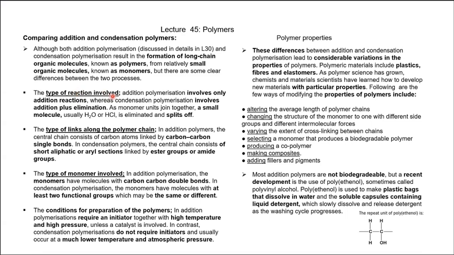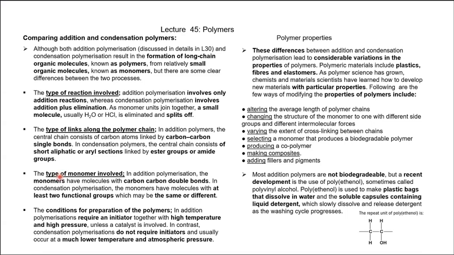The type of reaction: addition polymerization involves only addition reactions. And what happens after condensation polymerization? We do get a release of a water molecule or hydrochloric acid eliminated from the chain and split off. The type of link in the polymer chain: in addition polymers, the central chain consists of carbon atoms and carbon-carbon single bonds. In condensation polymers, the central chain consists of short aliphatic or aryl sections linked by ester groups or